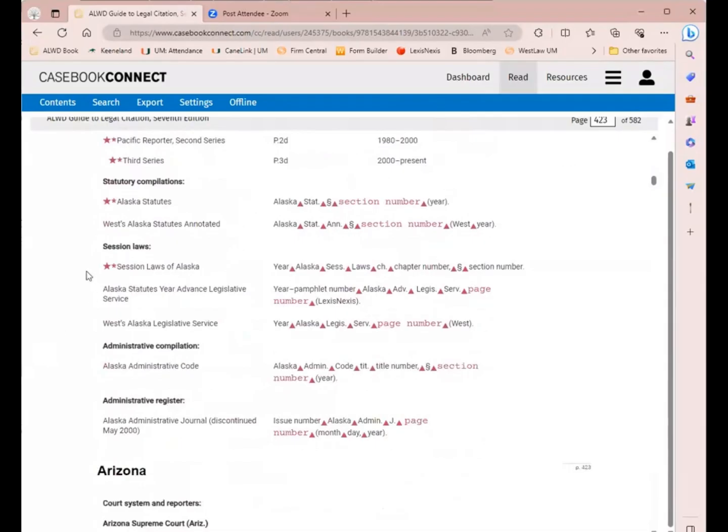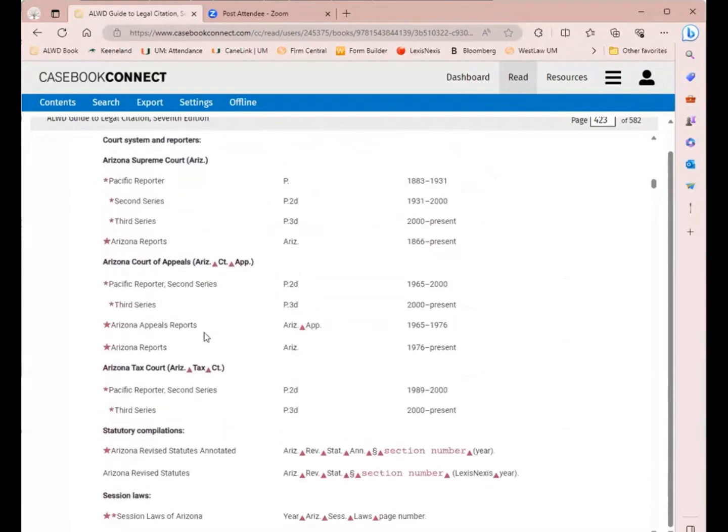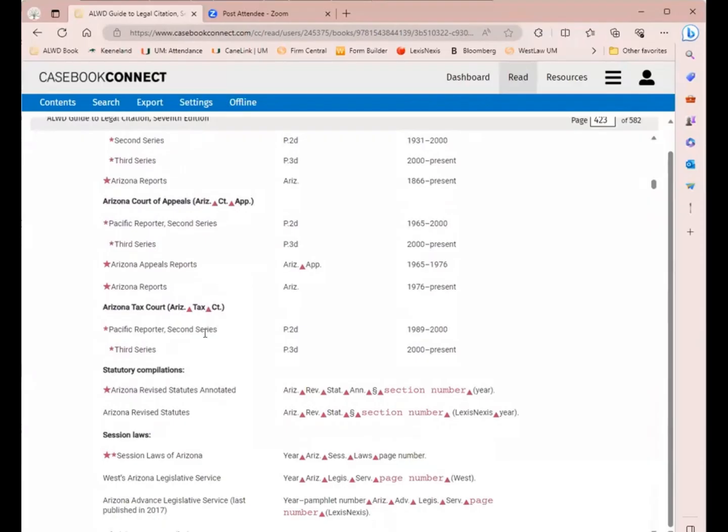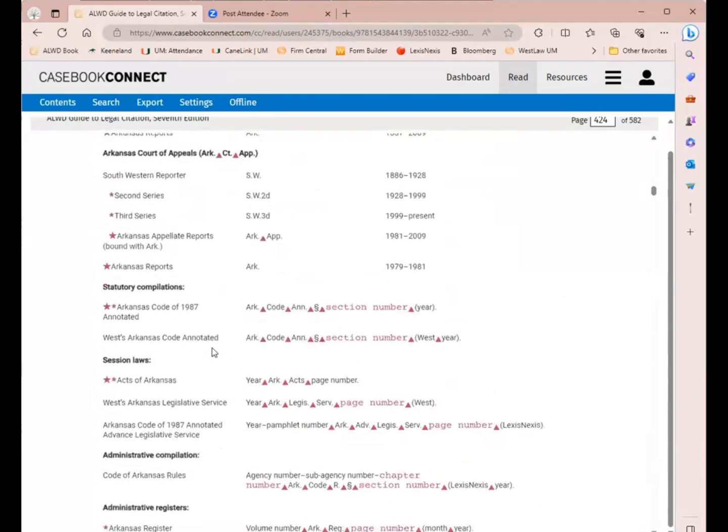And for example, here is the one for Alaska. They also have 2 different ones. And if you notice, anytime you're using the annotated version, which is West, you will have West and then the year at the end. Let me find you a different state that might have a different source. Let's take a look at, all right, let's look at